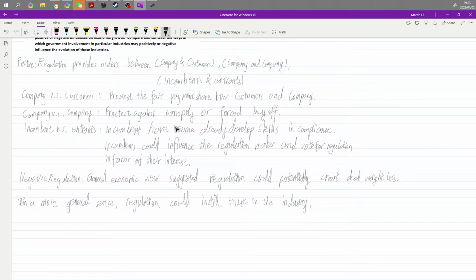If a regulation is changing too often, it could potentially hurt the trust for the industry. So a stable regulation, I would actually add, a more stable regulation could instill trust in the industry, because regulation is in many situations